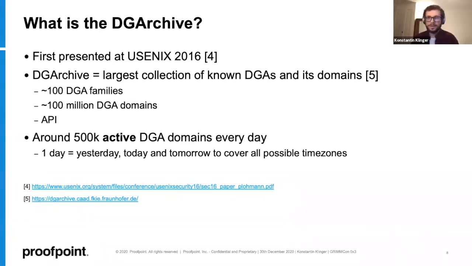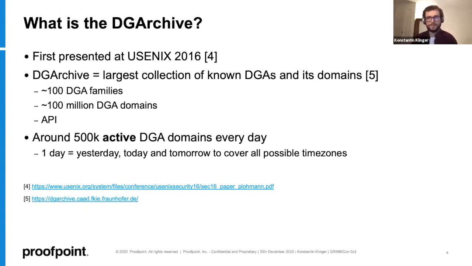So there are around 100 different malware families with up to 100 unique DGA domains. As a security researcher, it's possible to get free API access, and the people developing this system are really happy for contributions. For example, if you detect a new DGA in a malware, please send them a seed so they can add it to the collection, and then you also help the